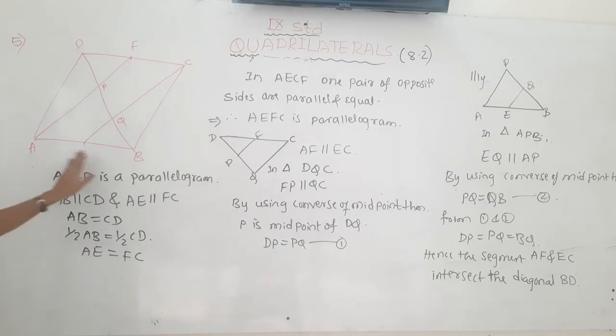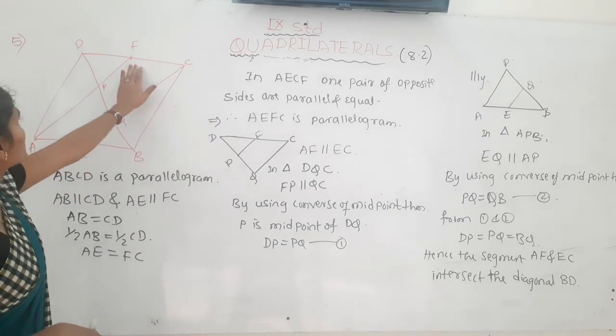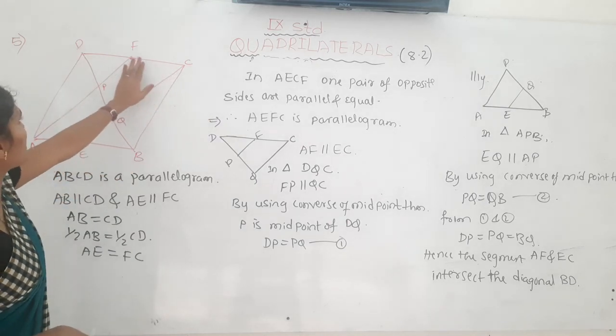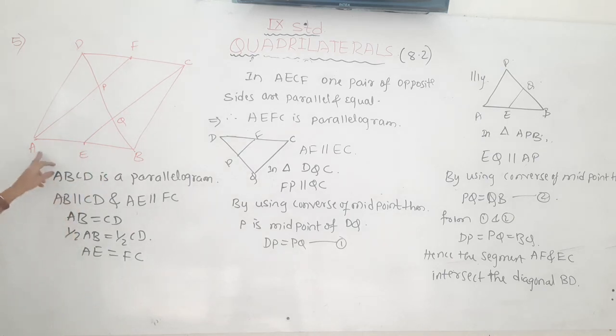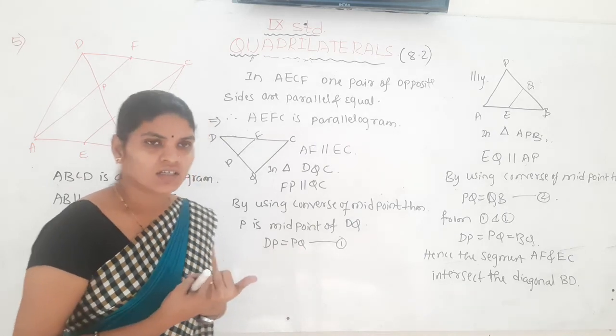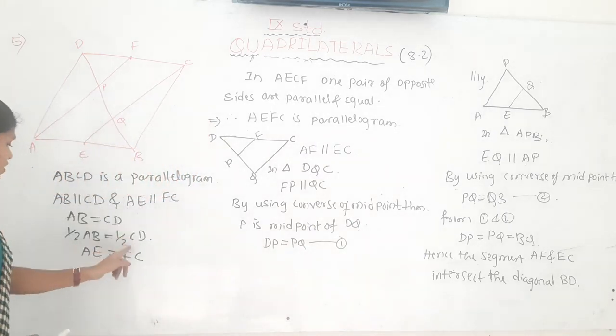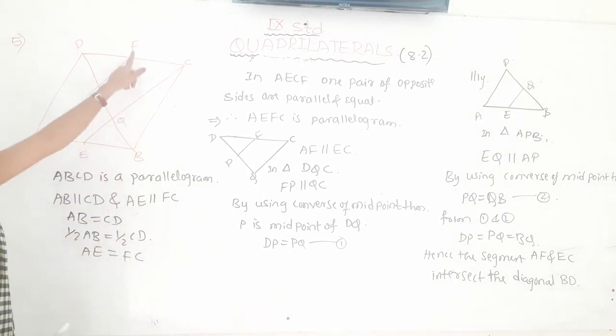And your AB is equal to what? CD. Opposite sides are equal. F is the midpoint of CD, then E is the midpoint of AB. You can take half of AB as AE and half of CD as FC. Yes, here half of AB, half of CD. We took half. Both sides same number, divide or multiply, your equation is balancing. So same way, both sides I have divided by 2 here. So half of AB is nothing but AE, half of CD is nothing but FC.